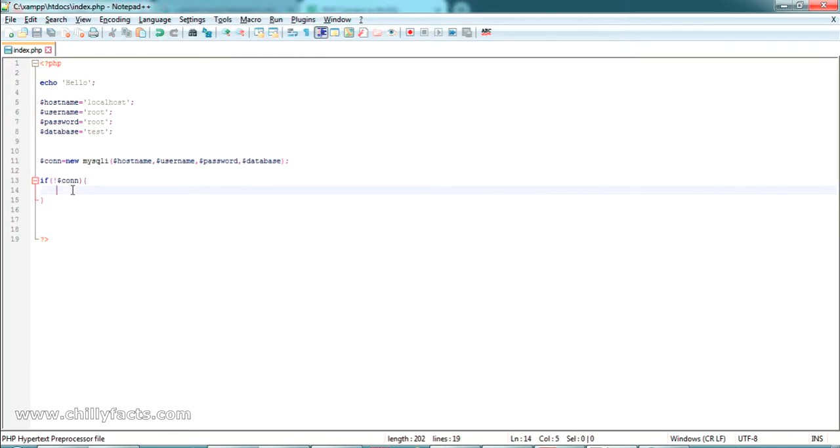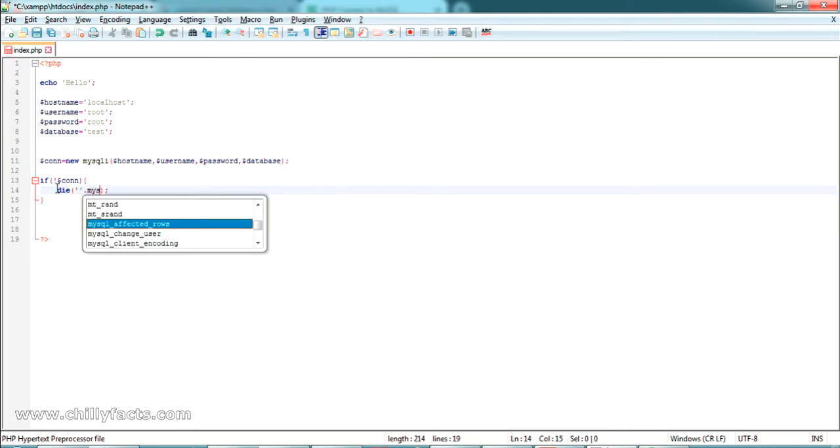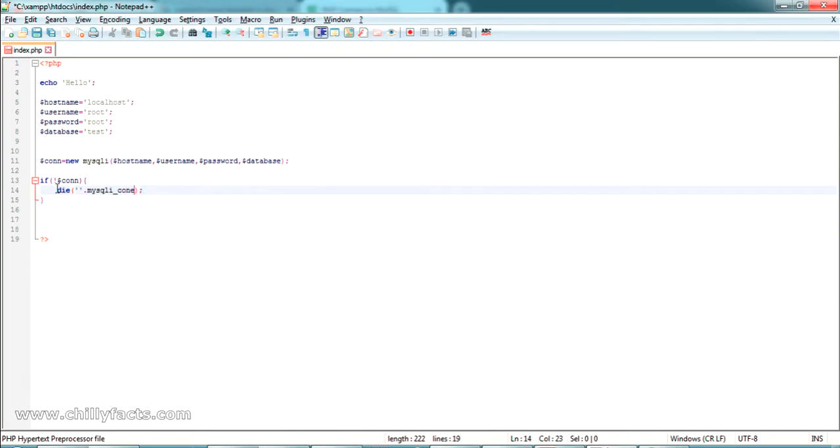so if the connection fails, it will enter this if block, and you can die the connection. I mean, the connection will fail with an error. You can print the error message also, like this. Okay, mysqli_connect_error. Okay, so it will show you the message also. I mean, what the error is, why the connection failed. Okay,